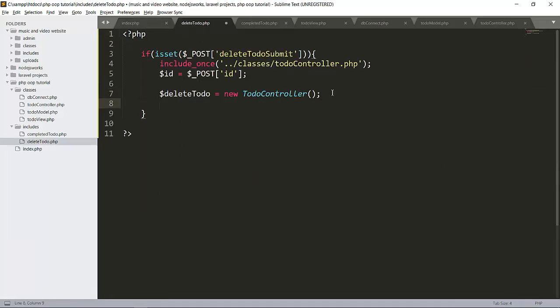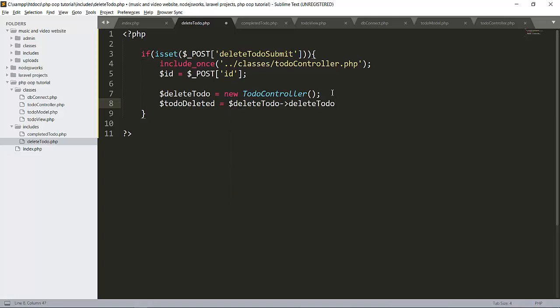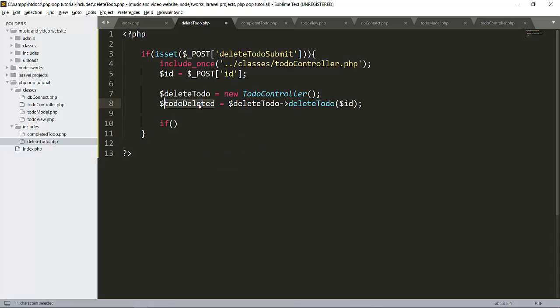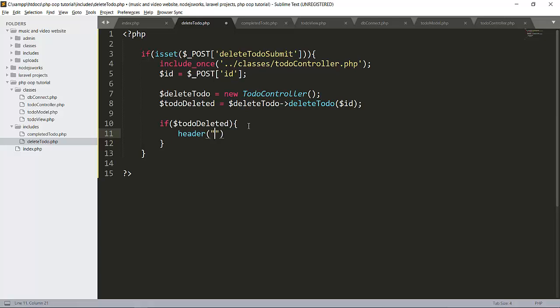So here will be $signTodoDeleted. Then there will be our deleteTodo, and now we will call our function and we will pass our id. I will explain, let me write first, then I will explain how this is working. So if it returns 1 or 0, if we get 1, then header, we will change our location here.